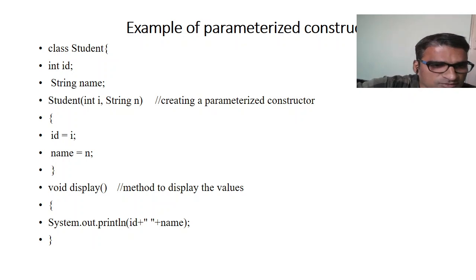So concentrate on the mouse pointer. Once we create the class objects, the next thing is to declare the constructor called student. Here we are including two parameters, i and n. Using these two parameters, I am going to initialize the i value to id and the n value to name. I will show in the next part of the slide how to initialize the objects. For that I am going to use a display method. In that I am going to include an output statement in order to print the id and name of a student.